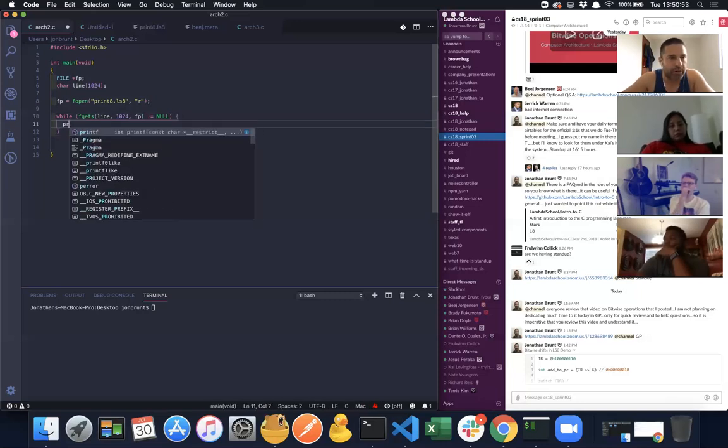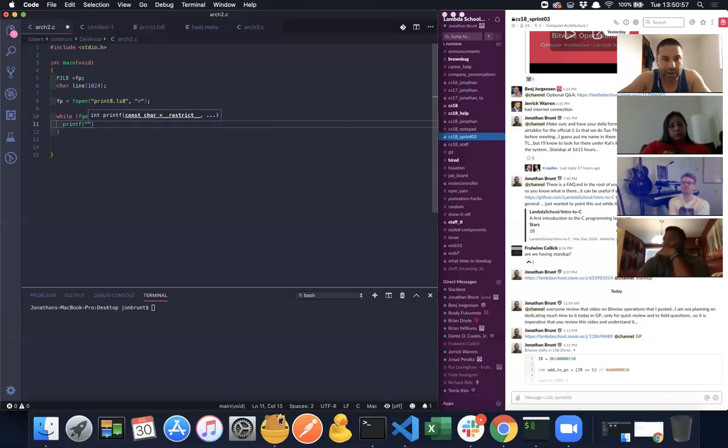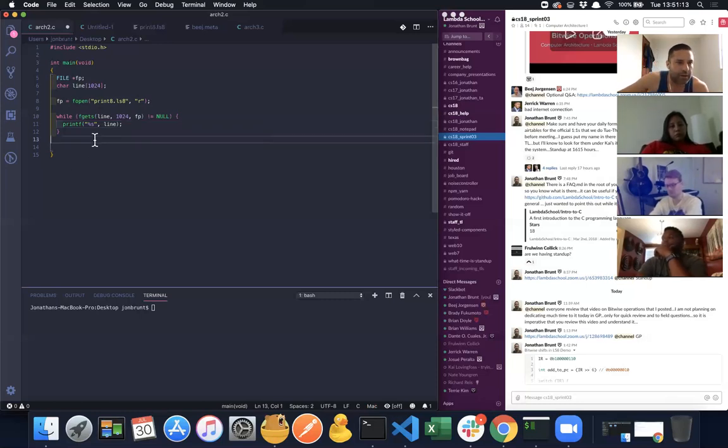We'll just print. Remember, we have to have a formatter. We're going to have a string here because we're reading in a string. Like I said, later on, we're going to deal with that because we'll be turning this string into usable numbers. And then at the end,